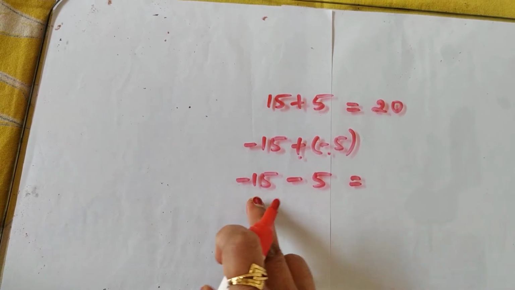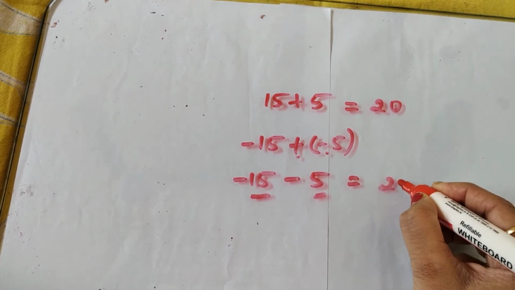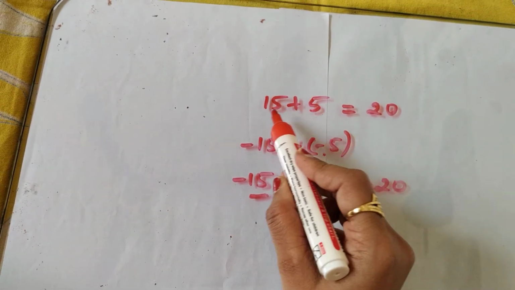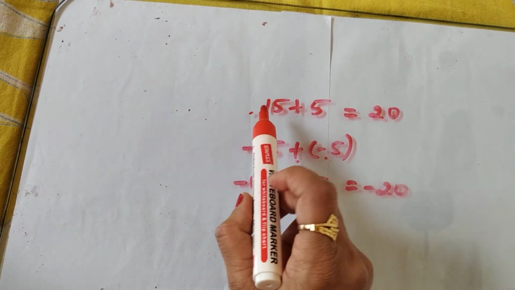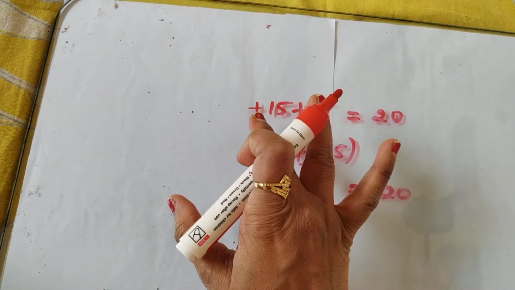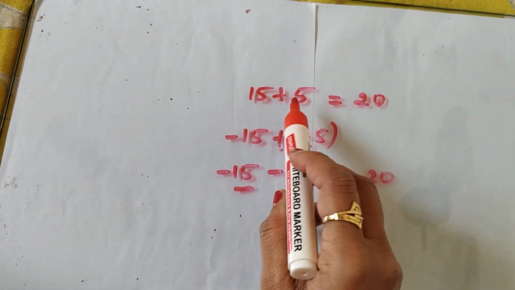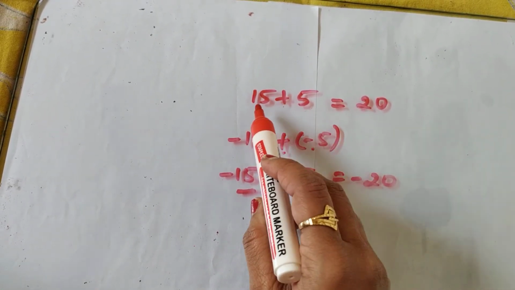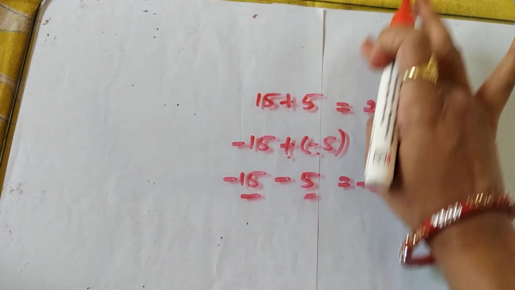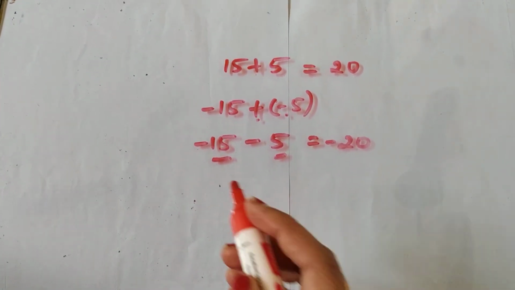In this condition we add the numbers, 5 and 15, so it is 20, but we put the same sign, which is minus. Here we add the numbers because both signs are the same. In the starting I told you we never put a plus sign in front of a number, so it is positive. So whenever the sign is the same, we add the numbers and put the same sign, but we never put plus, so we remove it from here.